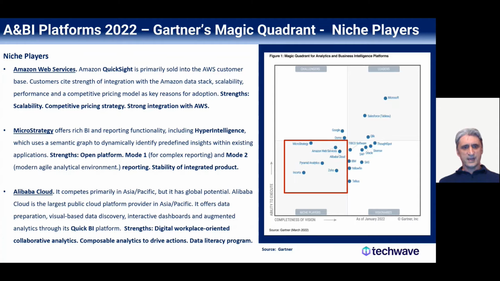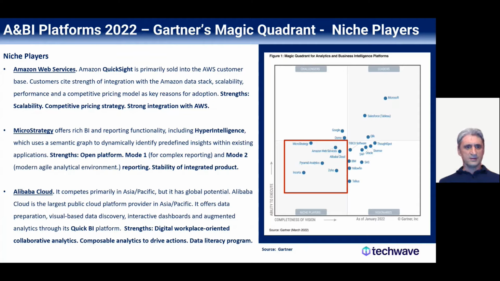MicroStrategy offers rich BI and reporting functionality, including HyperIntelligence, which uses a semantic graph to dynamically identify predefined insights within existing applications. Strengths are open platform. They offer Mode 1 and Mode 2 reporting, Mode 1 for complex reporting and Mode 2 for a more agile analytical environment. This reminds me a little bit of Qlik, QlikSense, which has similar Mode 1, Mode 2 reporting. Stability of integrated product would be another one